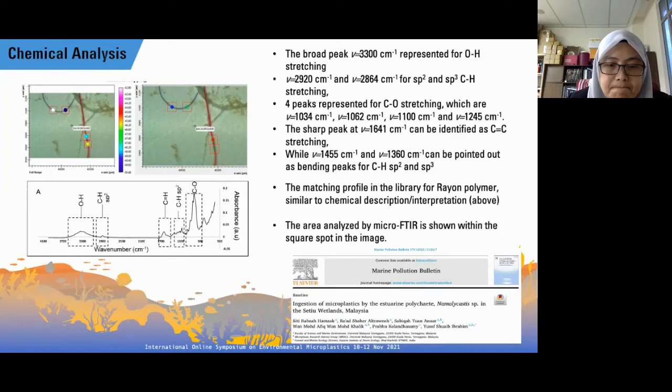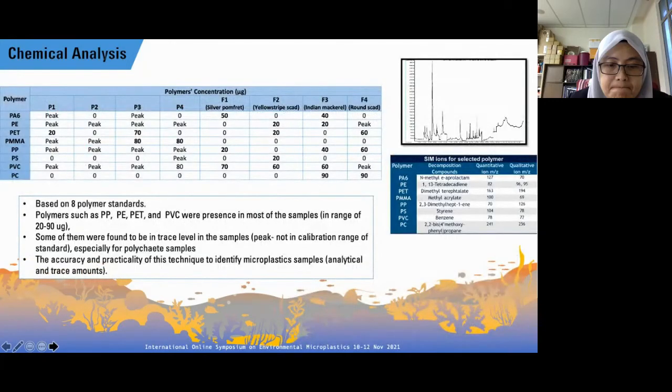Most of the time, microplastics consist of many copolymers that possibly have very different monomers and functional groups. So this may also lead to complex IR spectra and interpretation. I think it's very good that we are able to match the profile with the library, but we also need to have some basic chemistry to identify the polymer properly. That's my personal thoughts.